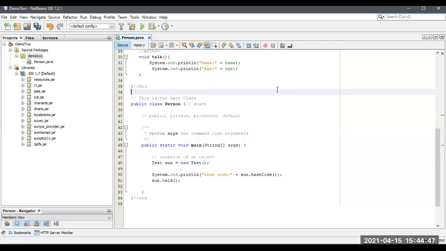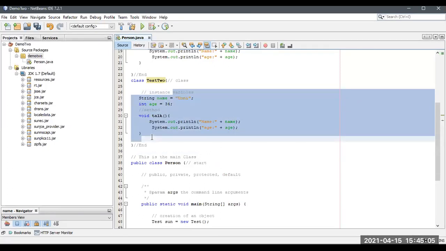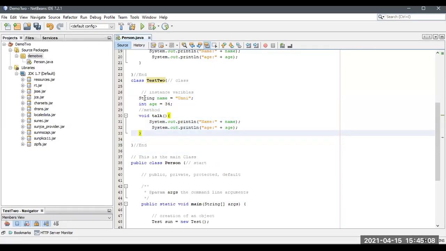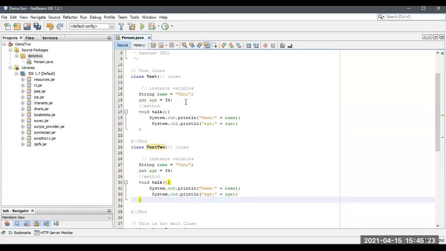So let me go to our syllabus. Creation, declaration of modifiers, class members. Class members means everything available inside a class. String name, these are the instance variables we just used. This is the method. These are all class members only. What are all the modifiers? Already said: public, private, protected, and default.